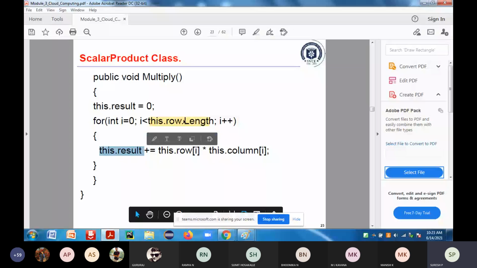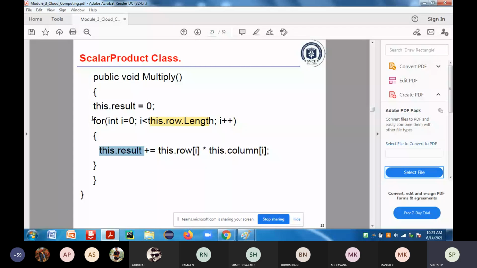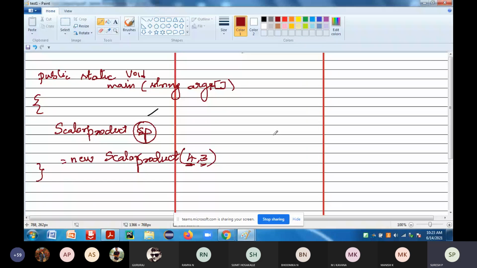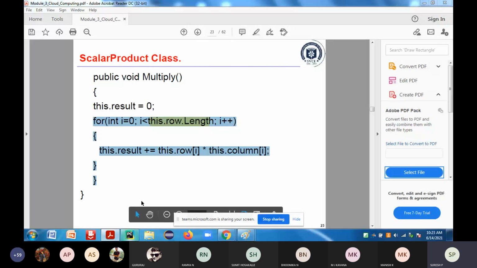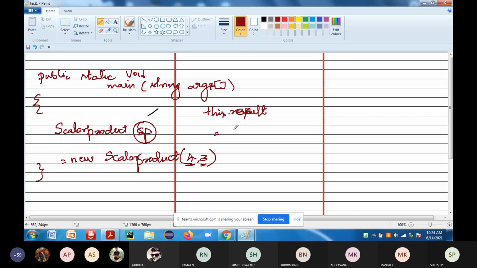So if we take this particular part, what it will do is, you can see here: this dot result for that particular cell will be equal to this dot row of I, this dot row of I, since this is a pointer in your .NET or in your Java or OOPS.